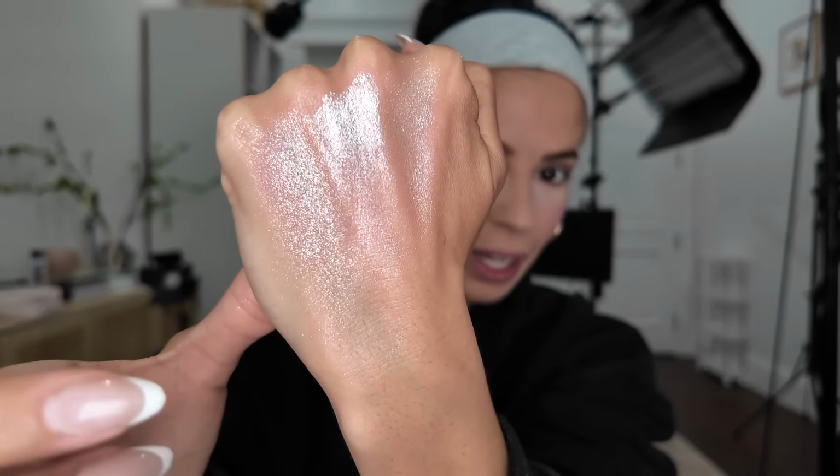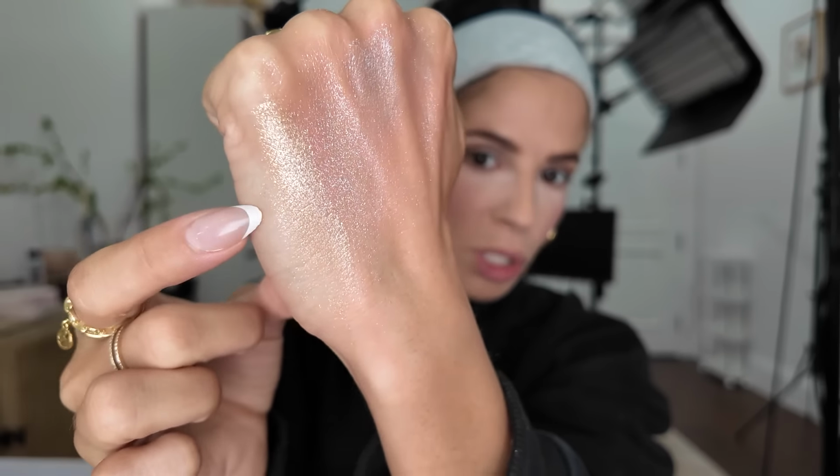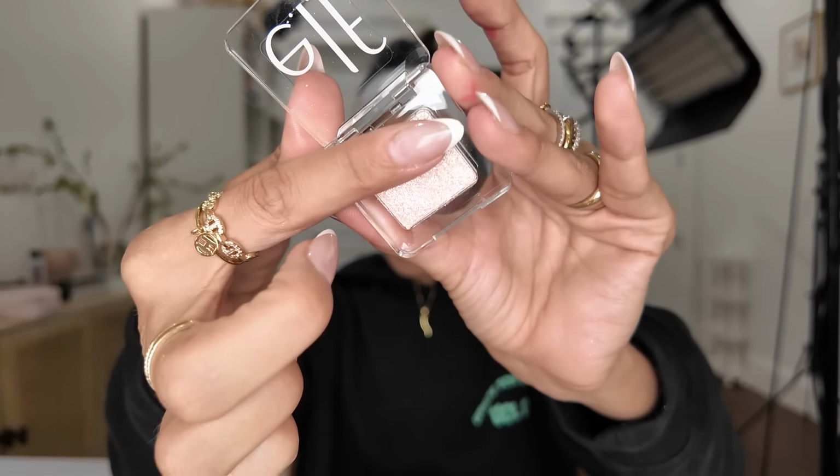Ooh, look at the similarity. Okay, and then this one's that gold shade. This one's more golden, this one's more pink champagne, so they are different, but these are identical. And then this was a fraction of the cost, so, you know. So I'm gonna add the White Hot color